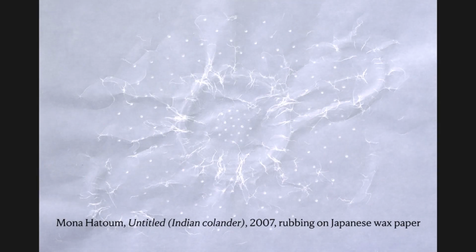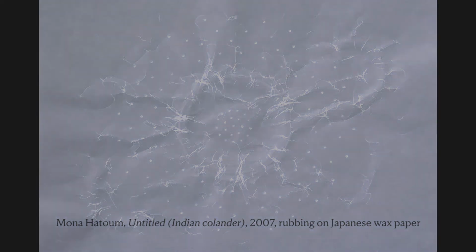Hatoum began making them in 1996 at a residency at the Sabbath Day Lake Shaker community, and then continued them in future years while visiting her mother in Lebanon. A delicate sheet of Japanese wax paper is forced up against the inside of a strainer. It can't go through, of course, so instead it preserves the shape of that effort. The wax paper, having undergone the dimensional strain of conforming to the strainer's concavity, preserves the wrinkles and stresses of the process, the remnants of impact.